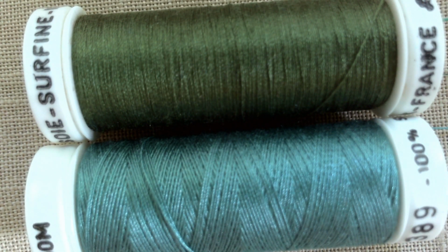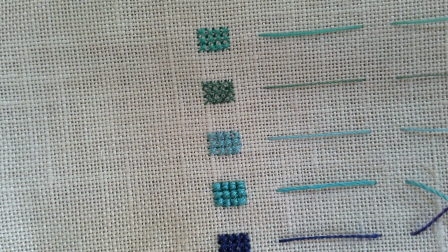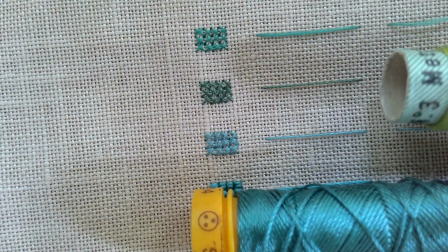So like I say, it depends quite a lot. If you're only ever going to stitch one really tiny project, the cost per spool is what matters to you. But if you're stitching large monochromatic pieces, just make sure you check how many meters per strand you're getting of each thing. Now, this, there were 2 brands of this, but it is the same thing. So let me just show you